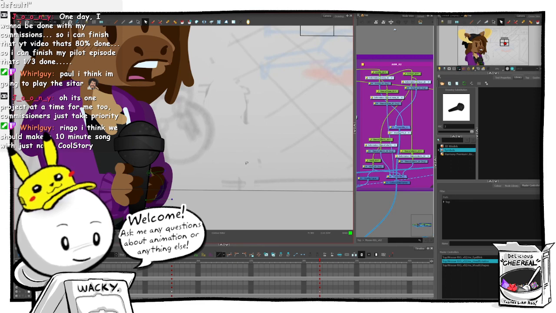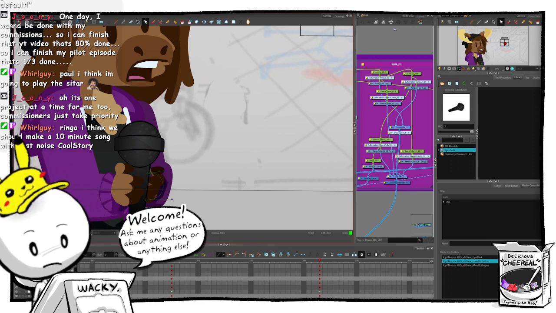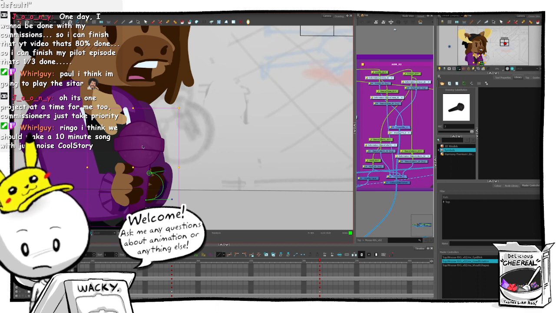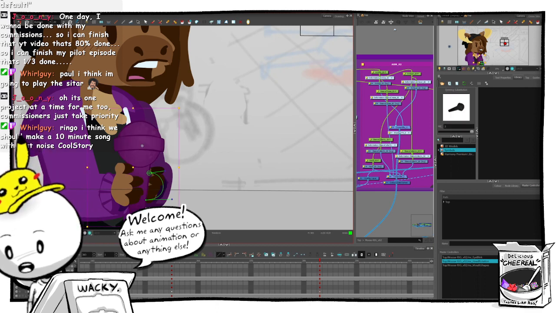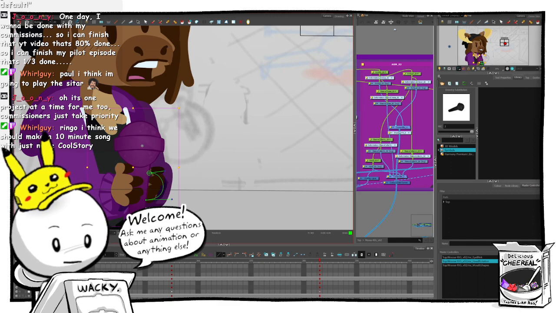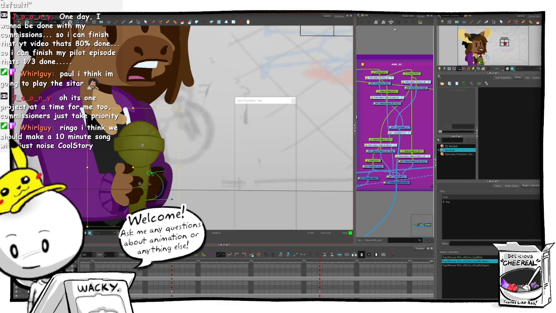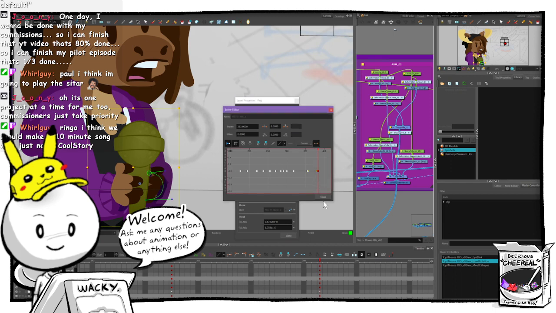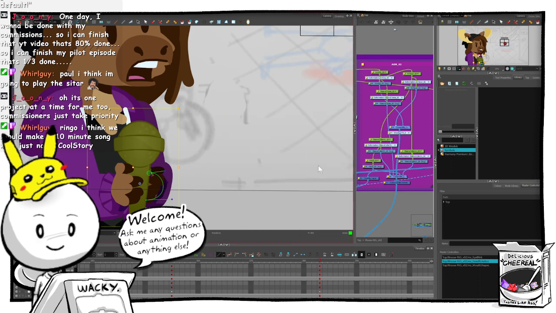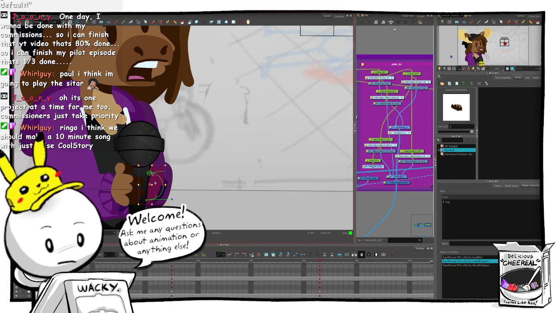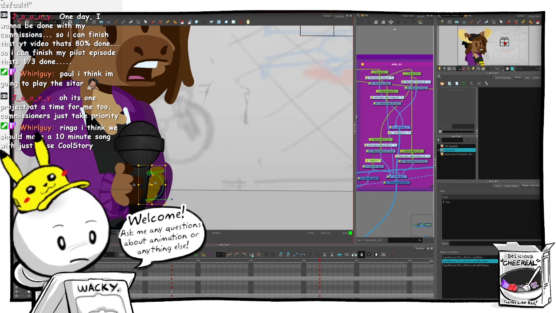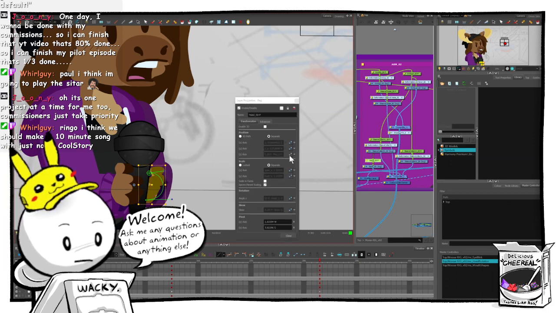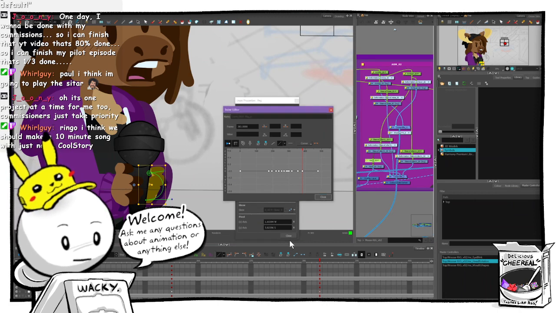There we go. Now we need to see what Z space this is at. It looks like it's at 0. So that's at 0 also.